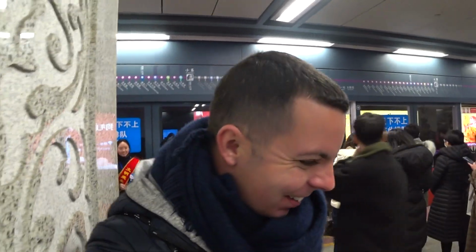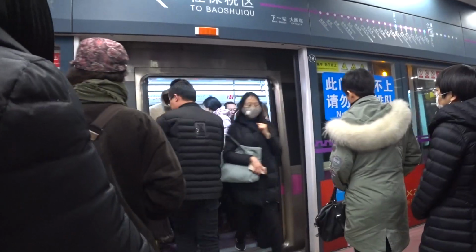This is China at rush hour, and you can see the guys behind me. It's just like Japan, so it gets so crowded that they push everyone into the subway, and that's what's about to happen. It's quite an experience. Actually, that wasn't as bad as Beijing, but going anywhere in any city...